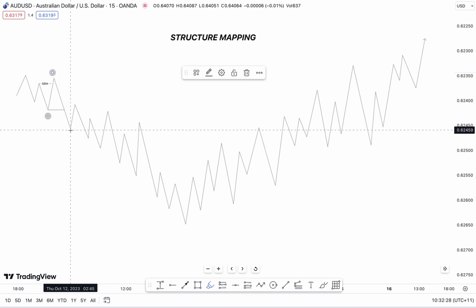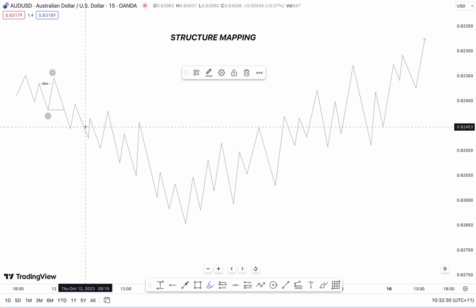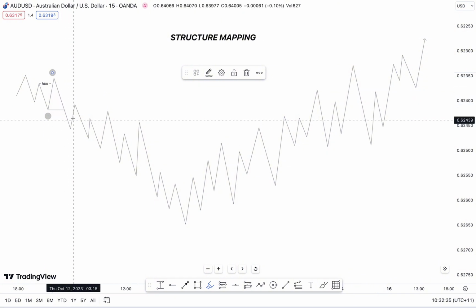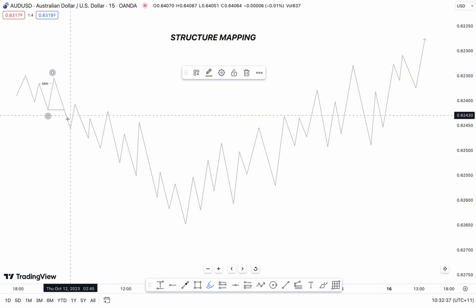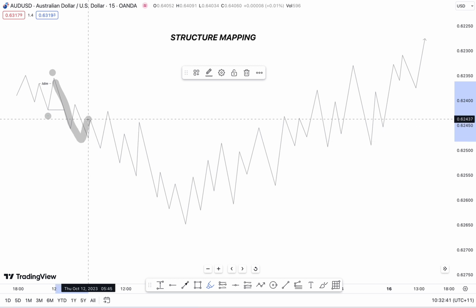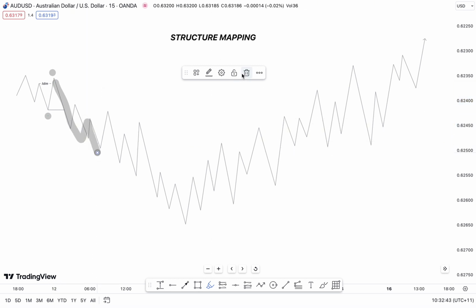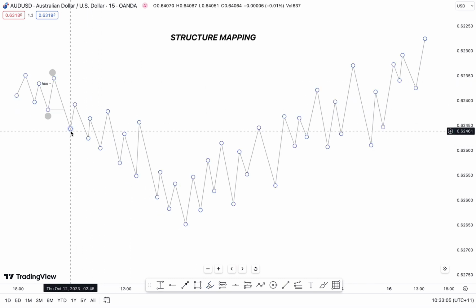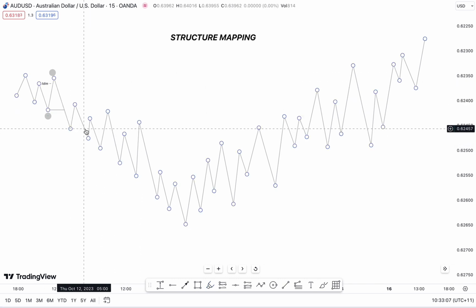So here again we have this break of structure. There's no pullback here, so this is just one leg like this, right? So we have the pullback here. We have a break of structure here, and after the break of structure here,